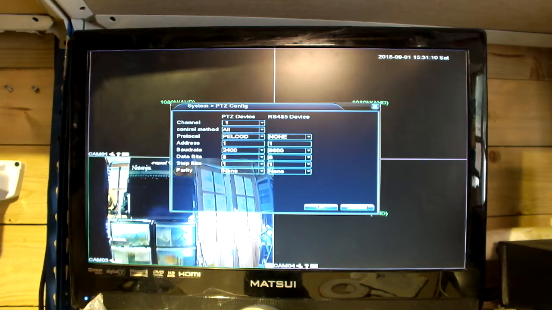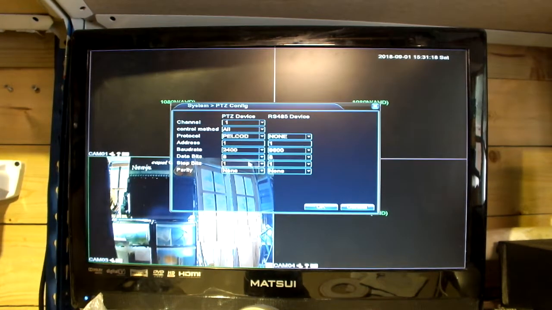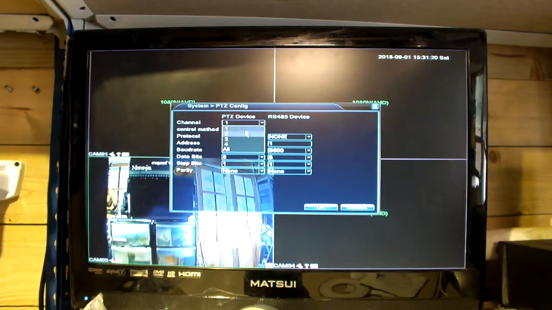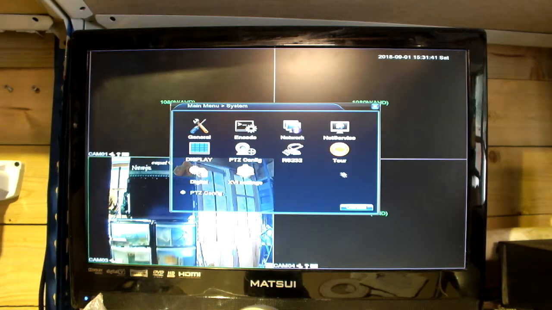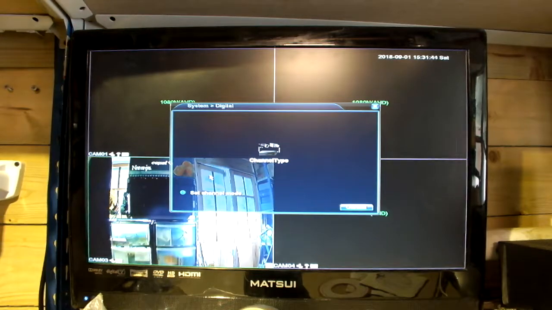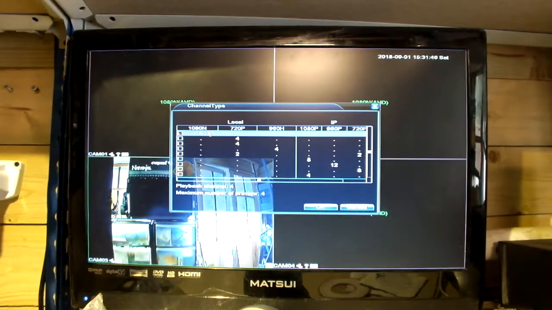Then this is the PTZ control, so this is to use your pan and tilt. As you saw, we had it working before. You can have it working one pan and tilt on one. These settings, then you can change it. I'll have a different address for the number 2 channel for the different camera. Or one pan and tilt can be activated on all of them. This is the information again for mobile network. And this digital, really,